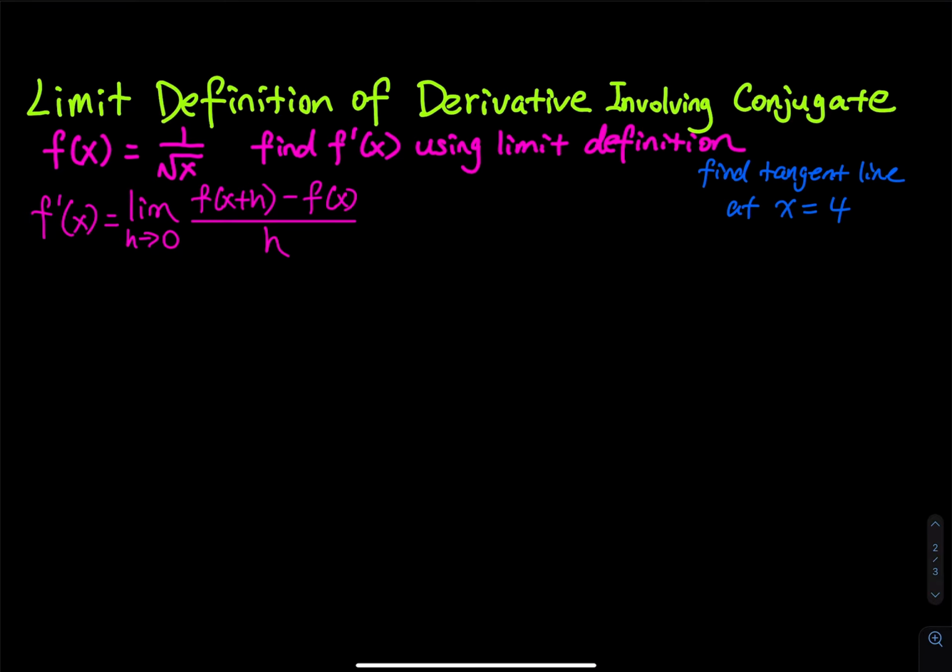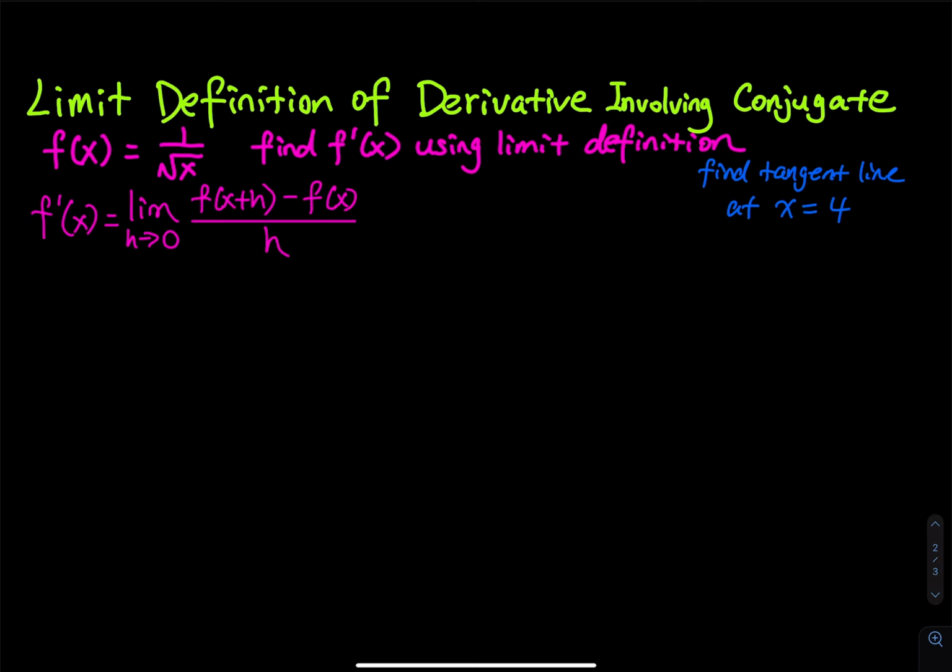Limit definition of derivative involving conjugate. I have a function f of x equals 1 over square root of x. I want to find f prime of x using the limit definition. So f prime of x is one function to describe the slope of the given function at any x